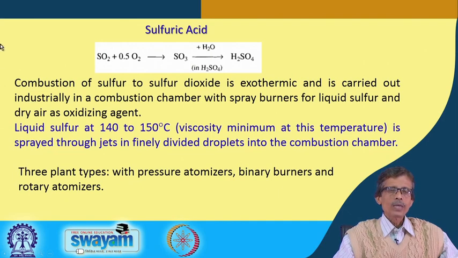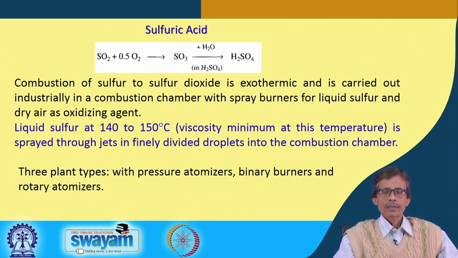So, stepwise, what we can go from combustion getting sulfur dioxide, and the reaction is exothermic, that means it is producing some amount of heat, and is carried out industrially in a combustion chamber with spray burners for liquid sulfur. So, liquid sulfur basically, so the solid sulfur is not the powder we are spraying, but we are spraying the liquid sulfur. So, the molten sulfur and dry air is utilized for the oxidation of that sulfur to sulfur dioxide, and